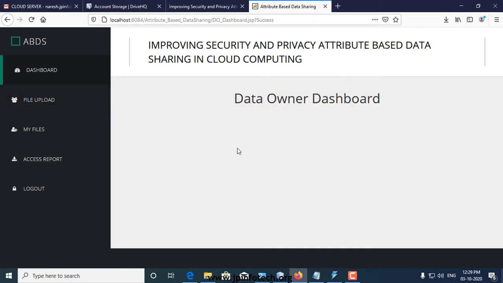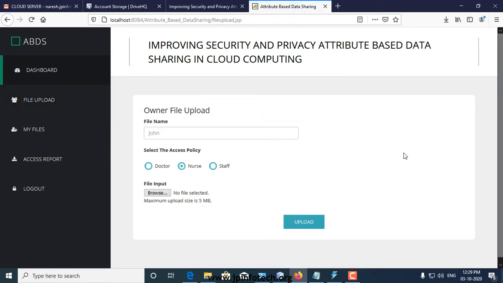In the owner module, we have the file upload page, my files, access reports, and logout. Now we are going to click file upload. These are the input areas the file upload page contains.